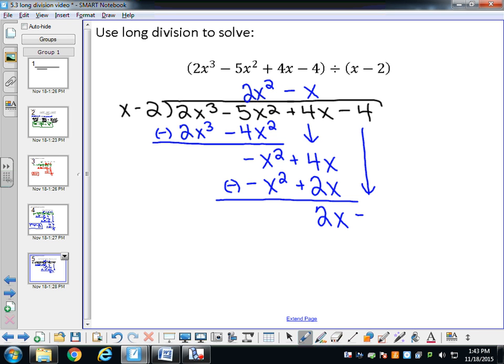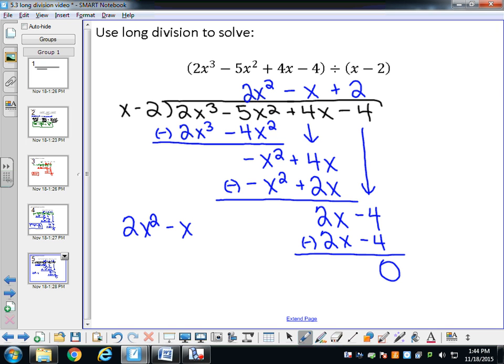Bring down your minus 4. So what needs to be multiplied by x to get rid of 2x? That would be plus 2. Multiply that throughout. After doing the subtraction, I get 0. So my final answer is 2x squared minus x